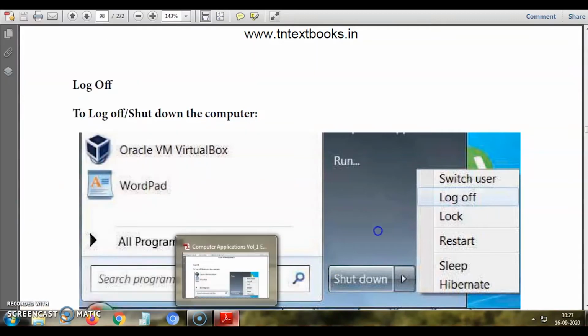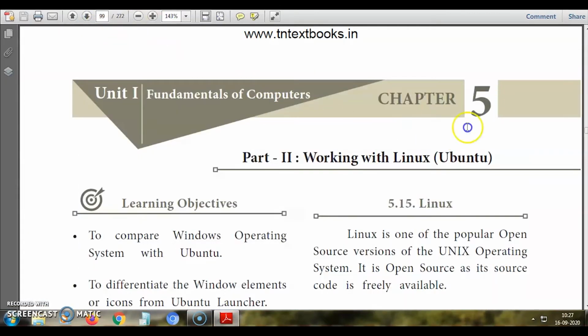So, next we are moving on to chapter 5 part 2. Okay, so in part 1 we have learnt about Windows. So, you know very well Windows is a system software. So, Ubuntu is also a system software. In part 1 we learnt how the desktop of Windows will appear, what the files are, how we can manipulate files and folders, how we can create files and folders, how we can move, copy, drag and drop, delete, and rename. So everything we have learnt in part 1 in the operating system Windows.